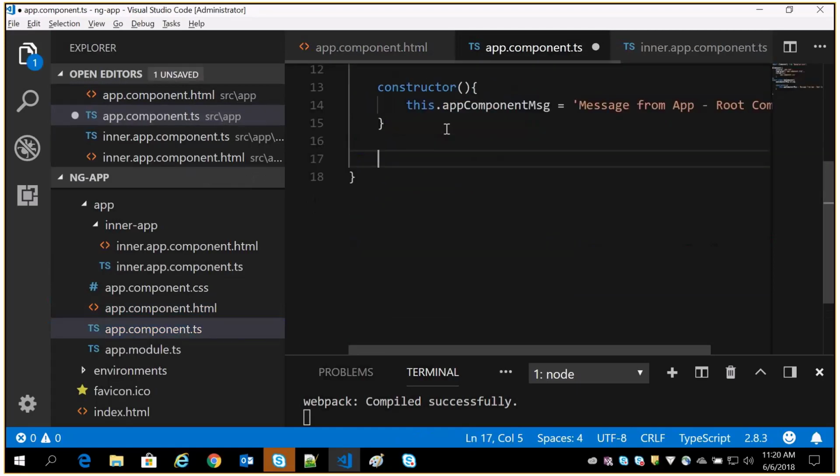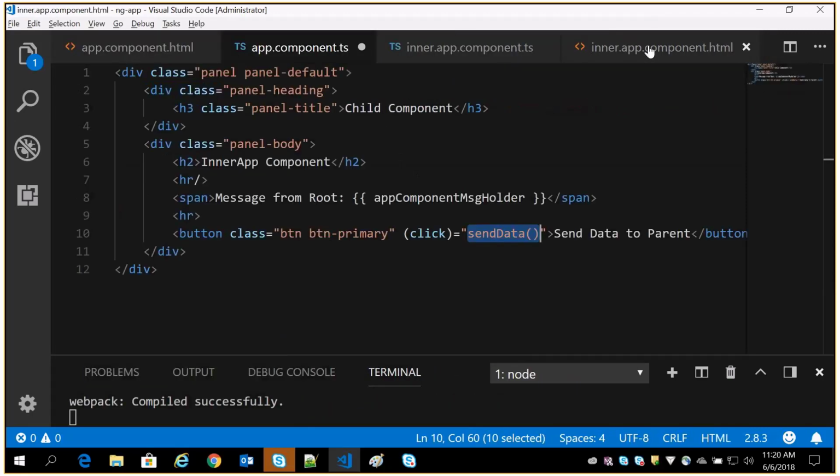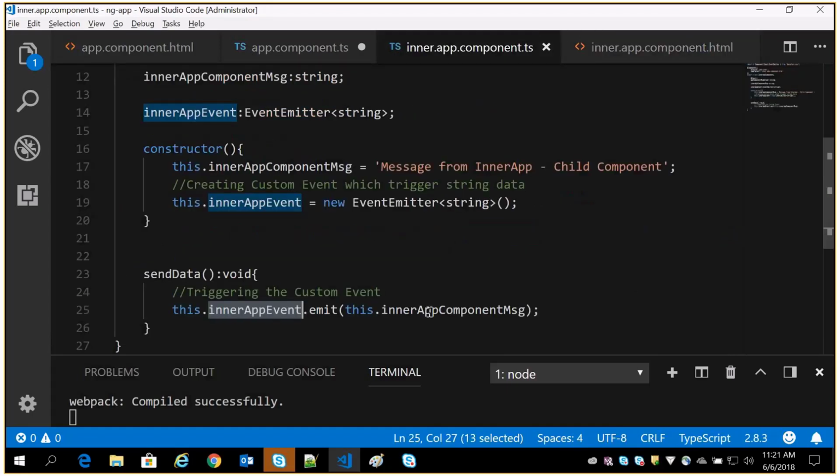Here we got that data. So whenever I click the button, henceforth it's just going to call this function. But how we are going to get the data, whatever data we are emitting? For example, in the inner component.html, whenever I click this button, it's just going to call the sendData, and the sendData is emitting some string, right? I want to get that. So to get it,